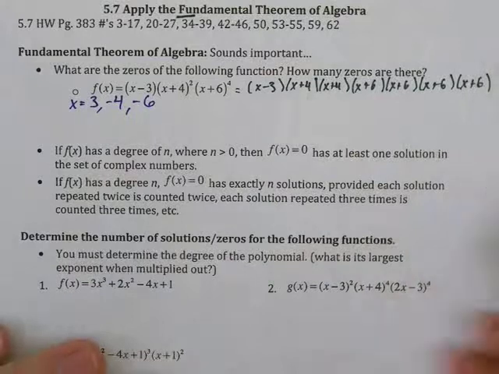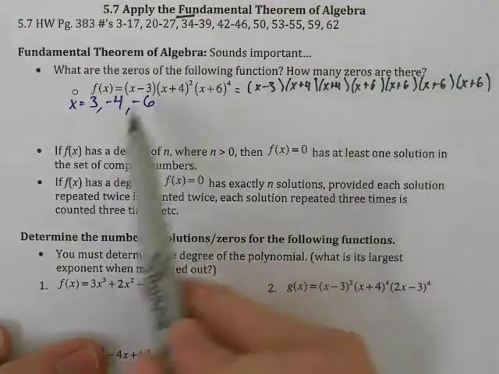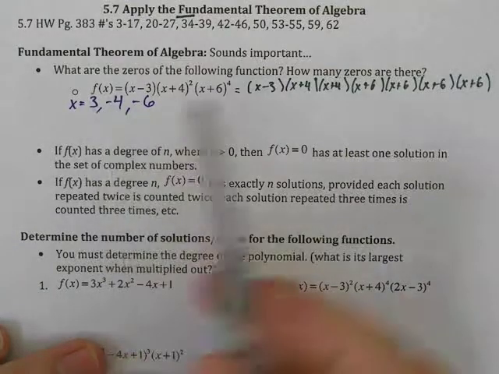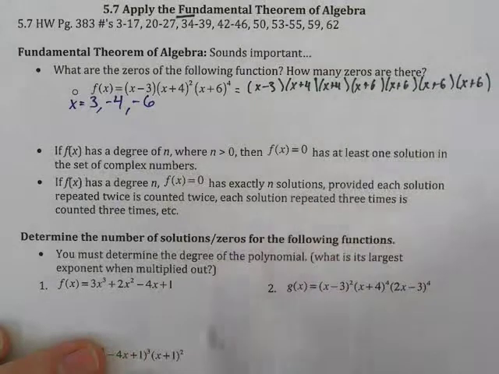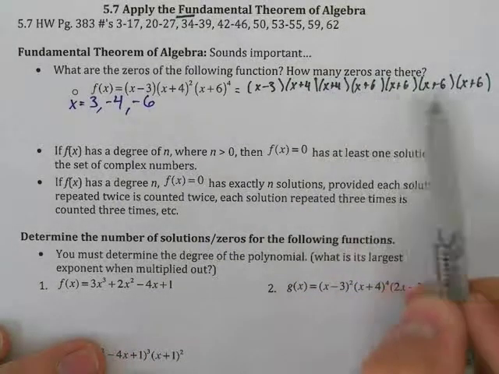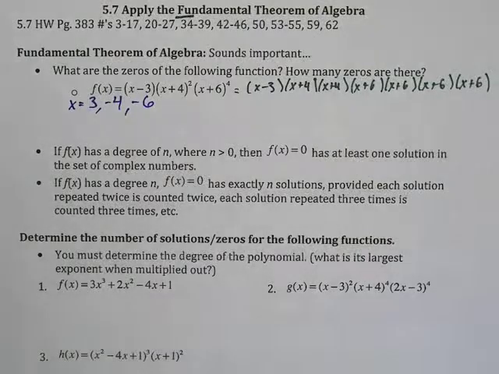And you could set each of these factors equal to 0. If you set each of them equal to 0, you'd still end up with only these 3 answers, 3, -4, and -6. However, -4 would show up twice, and -6 would show up 4 times. While that doesn't make them any more important, we are going to say that if that's the case,